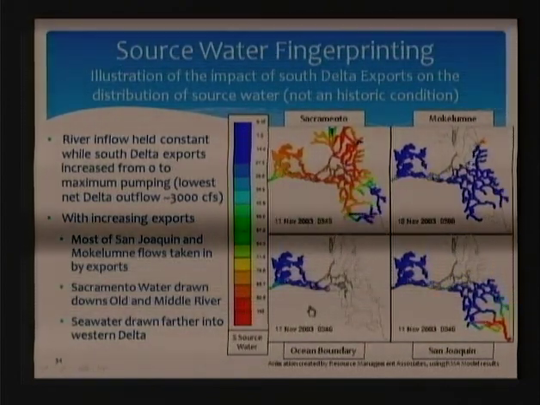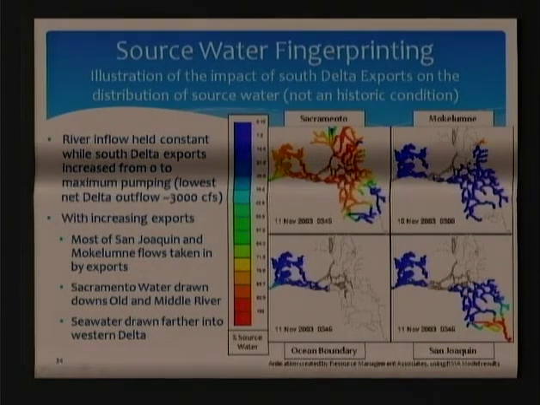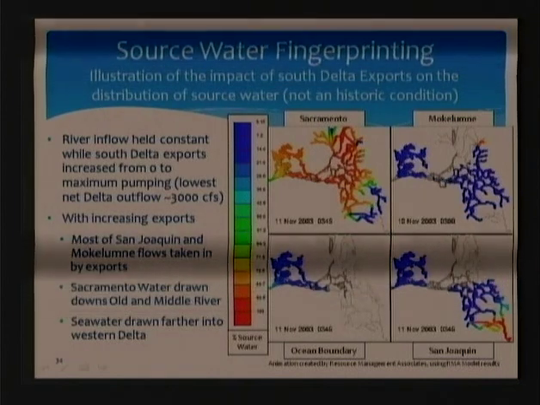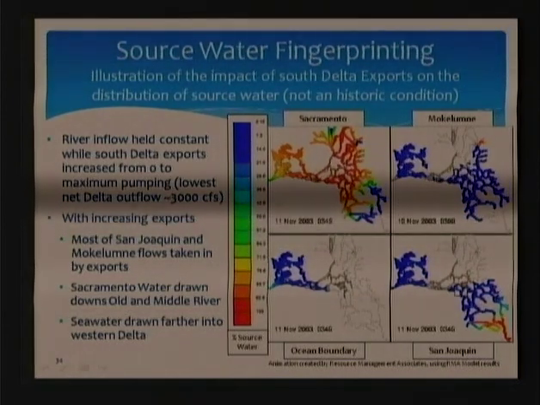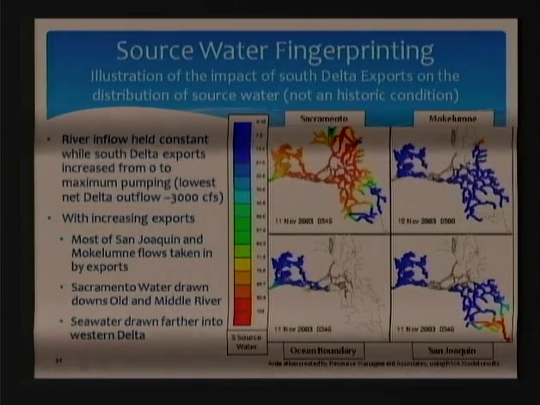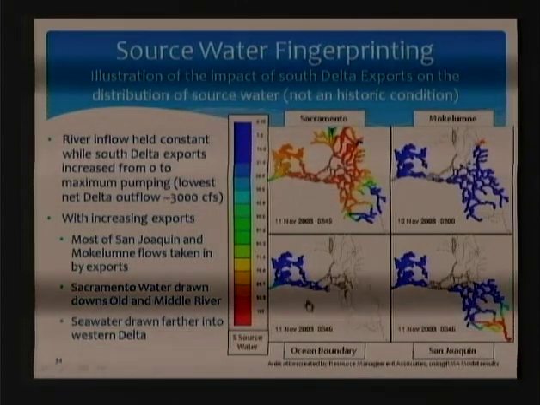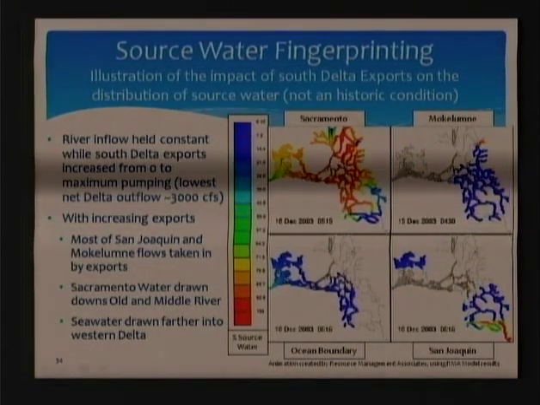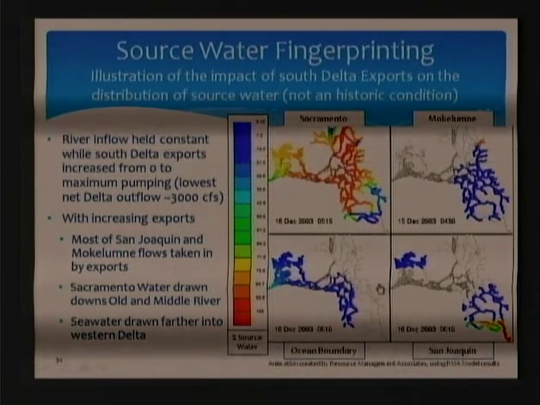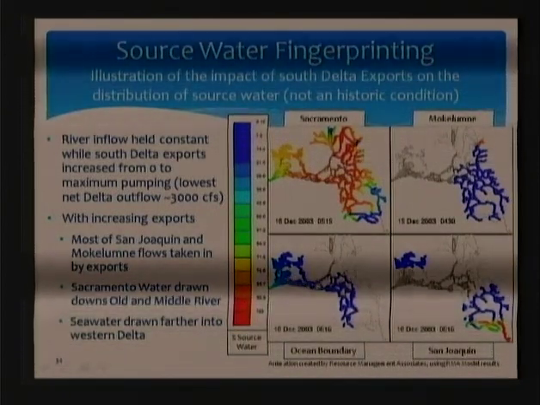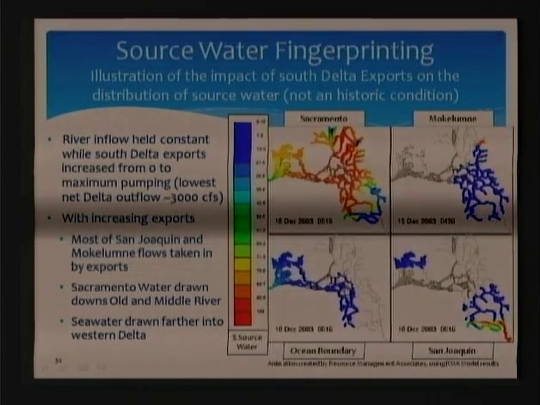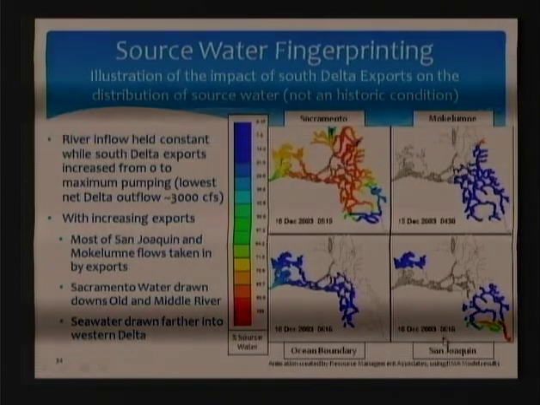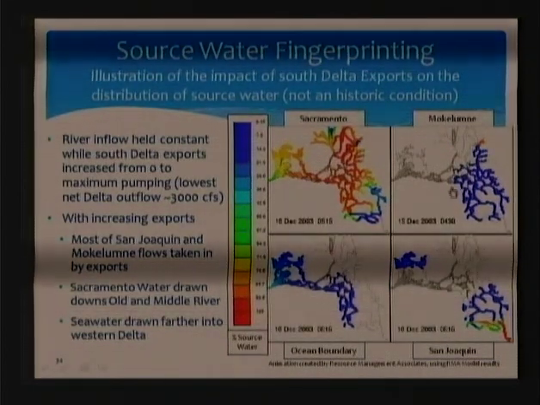So here we're about halfway through. The Sacramento is being pulled down. The Mokelumne is being pulled down, and it's starting to break away. It's not going out to sea anymore. The same thing with the San Joaquin, and the ocean water is being pulled in a little farther. If I go all the way to the end of this animation, now you see what is kind of an end of season. This ocean water has pulled in. It's impacting Frank's Tract, Old River, a little bit of Middle River. The San Joaquin is turning and all goes out the exports. And the Mokelumne is turning and all goes out the exports.